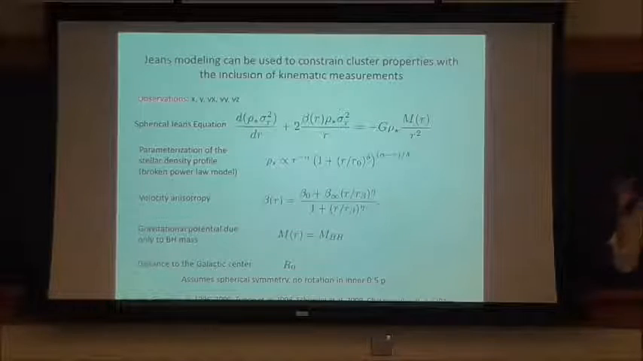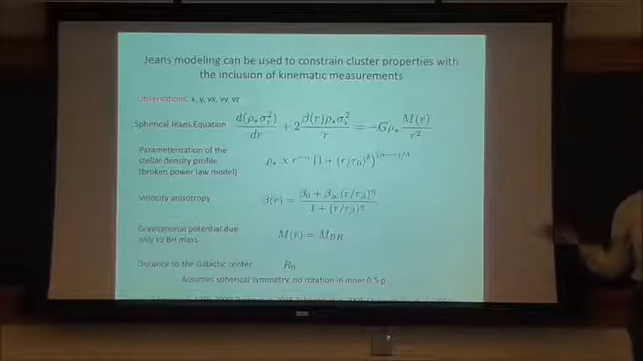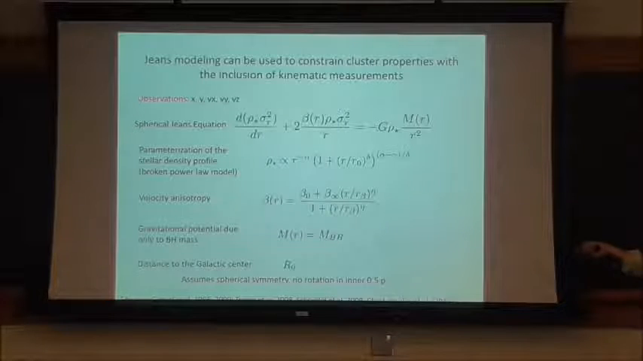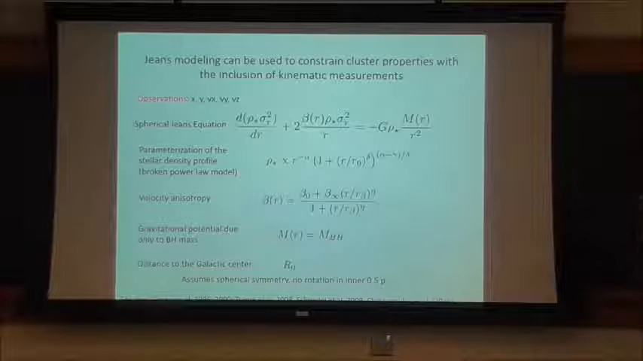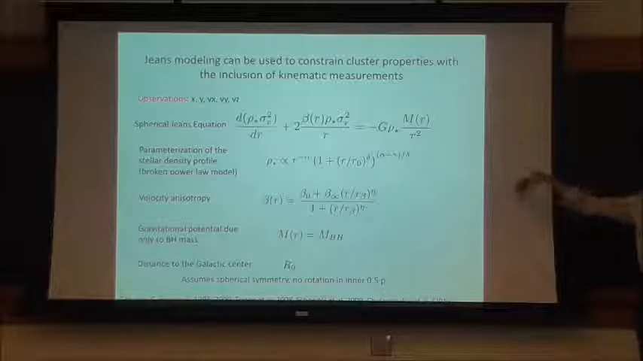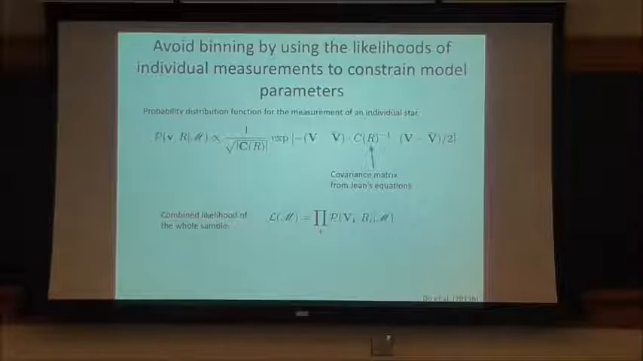We're in the central half parsec or so, and the black hole influences out to about 2 parsecs. We also let the distance to the galactic center be free. So these are basically all our parameters. We assume spherical symmetry and no rotation in the inner half parsec. Okay, so typically what one can do is now bin up your velocity dispersion as a function of radius and fit these parameters. But in the spirit of trying to use as much data as we can, we instead use